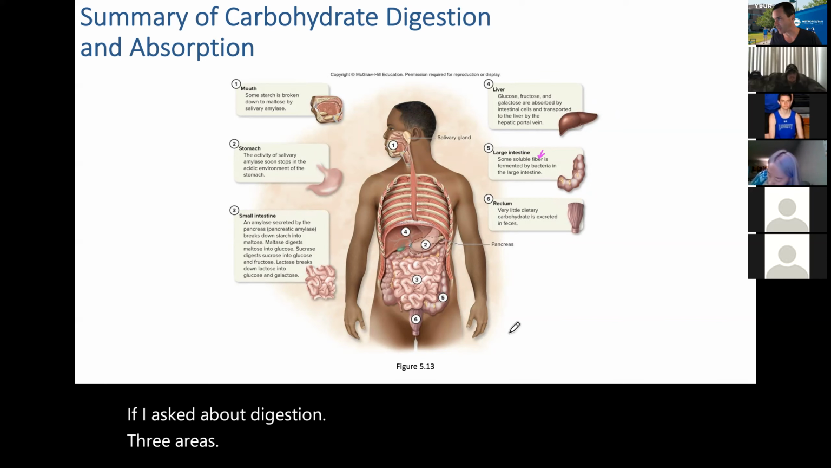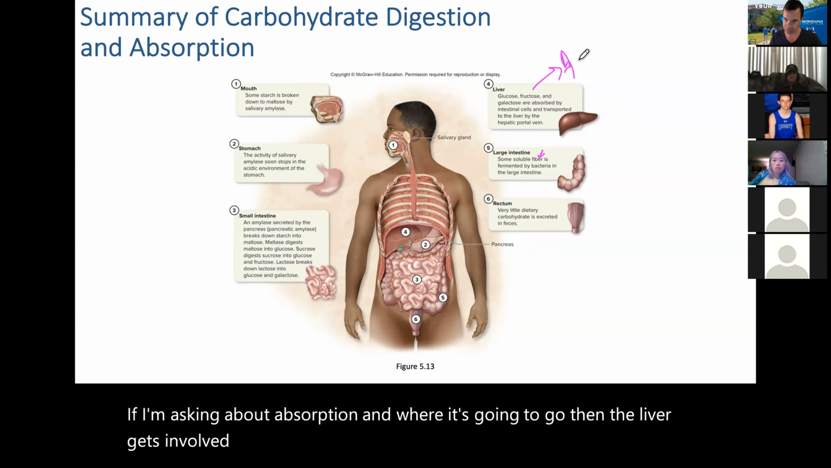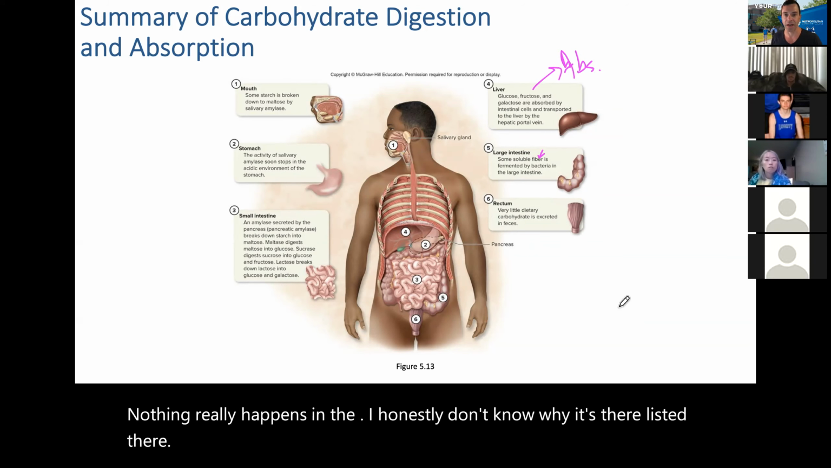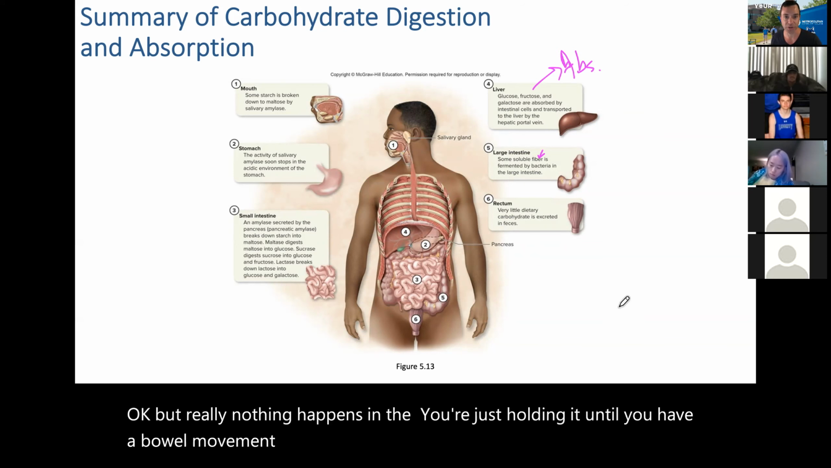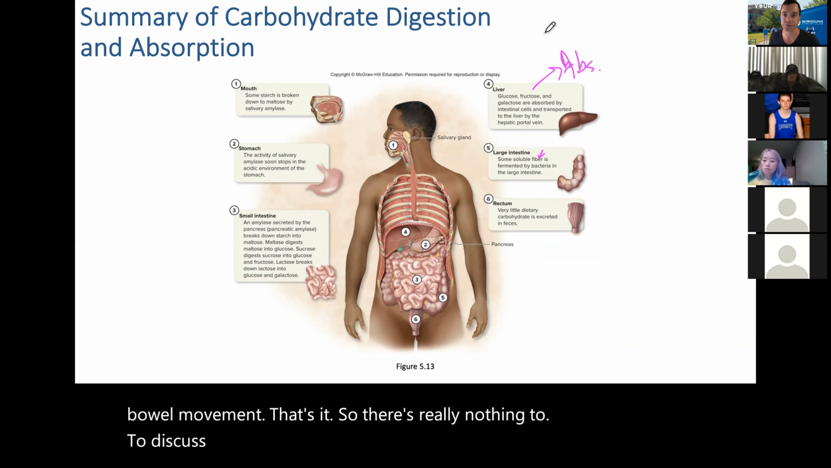If I'm asking about absorption and where it's going to go, then the liver gets involved there. Okay, absorption. Nothing really happens in the rectum. I honestly don't know why it's listed there. Okay, but really nothing happens in the rectum. You're just holding it until you have a bowel movement. That's it. So there's really nothing to discuss there, unless you want to discuss poop, which who doesn't want